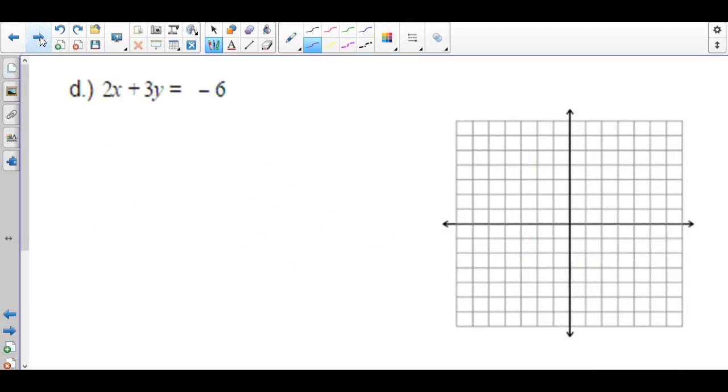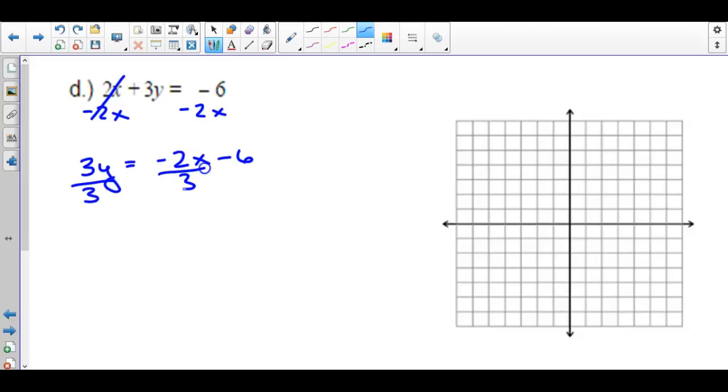And then one more linear one. With this problem, this is not in slope-intercept form. I'm going to get it into slope-intercept form by first subtracting 2x on both sides and getting 3y equals -2x minus 6. Then I'm going to divide everything by 3. This is going to isolate the y variable and get y equals